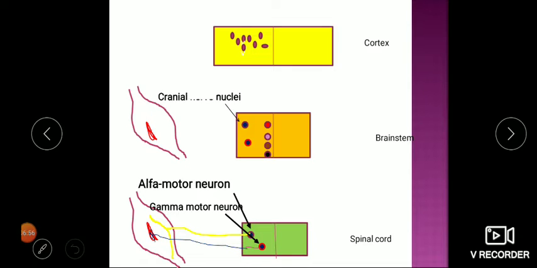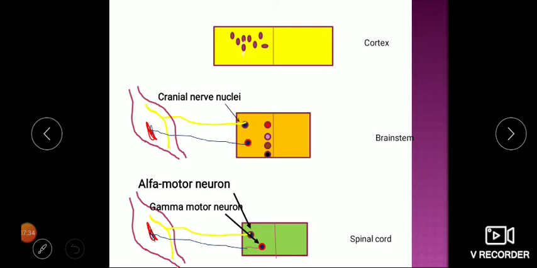Similarly, in the brainstem, we have cranial nerve nuclei. Mind you, just as they are in the cranium, they are called cranial nerve, and as these are in the spinal cord, they are called spinal nerve or spinal motor neuron. So functionally, both are basically the same. Here the cranial nerve nuclei supply the muscles of the head and neck region through the cranial nerves, like the trigeminal nerve and the mandibular nerve. So this cranial nerve nuclei which is supplying the muscle is again the same alpha motor neuron only. Physiologically both are the same.